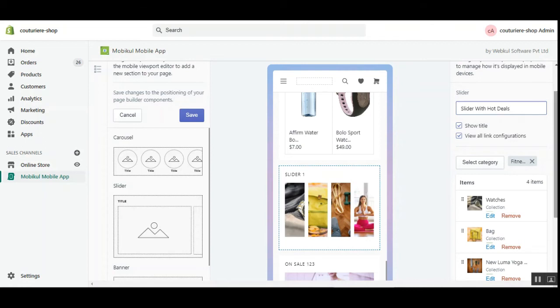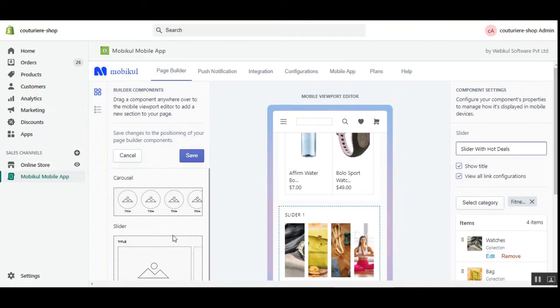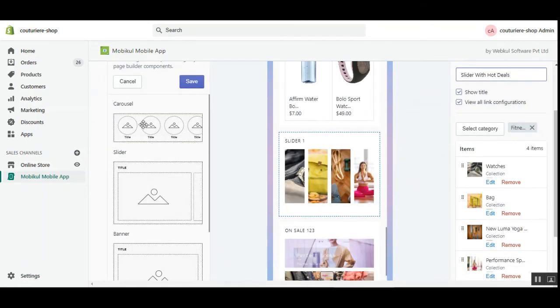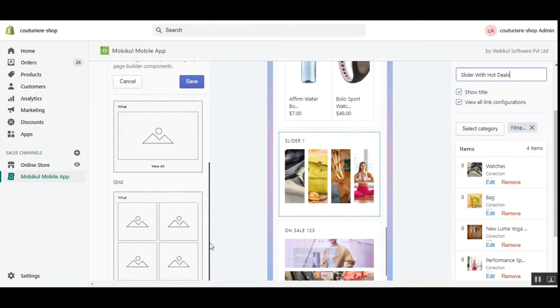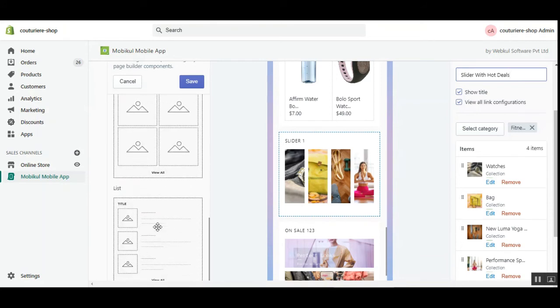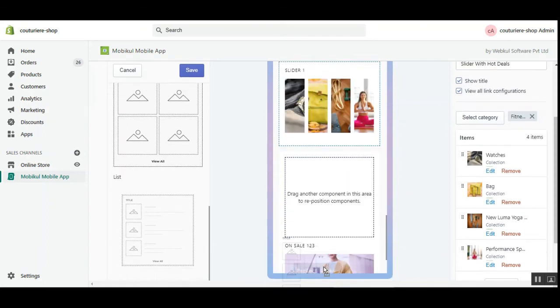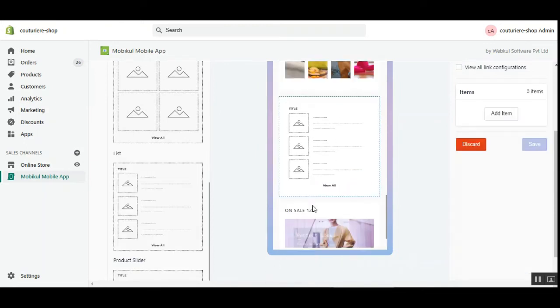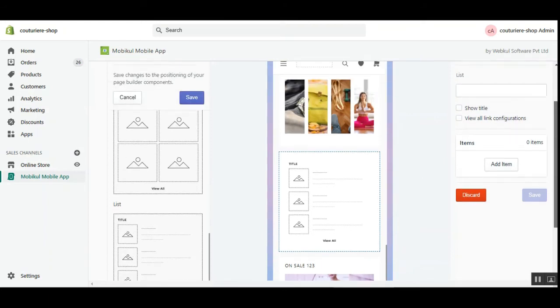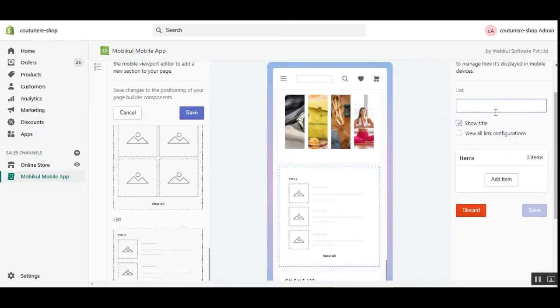Okay, so that's for this. And similarly you can drag and drop any of the carousel, the slider having the products, the banner, a grid having multiple products, and a list of products as well. Now if I go down and choose this list, and let me drop it here, I'll avoid the on sale 1 2 3. Now I'll choose show title. We'll set the title as hot products,